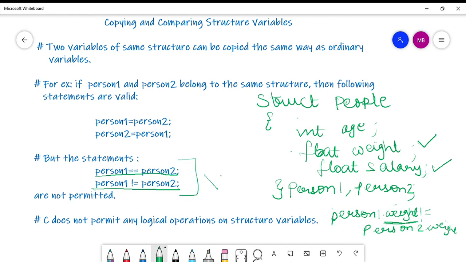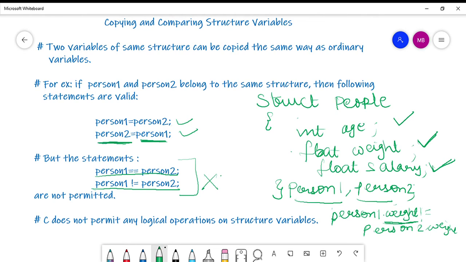Though if I want to copy one variable onto another, I can easily do it using this method. So if I say person 1 equals person 2, all the values of person 1, whether it is the age, the weight, or the salary of person 1, will be copied onto person 2.